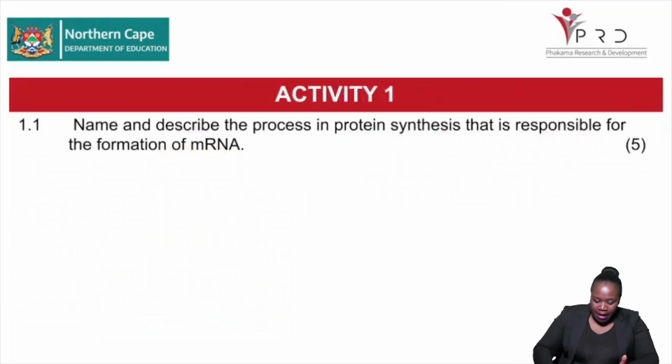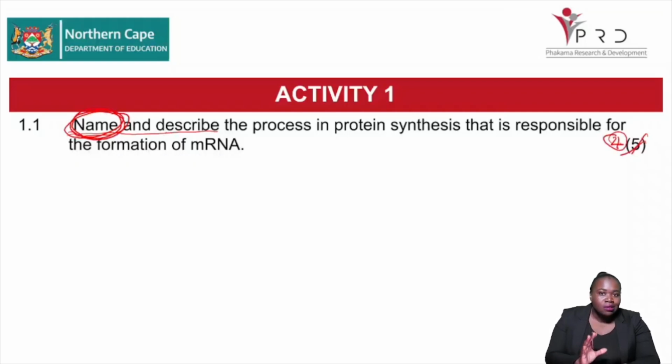Okay, we're back. Let's have a look at this activity together. So the question says name and describe. It means that you must name the process and also describe the process. It means you're going to get a compulsory mark for naming. If you only describe, it means you will automatically be marked out of 4, because the 1 mark is strictly